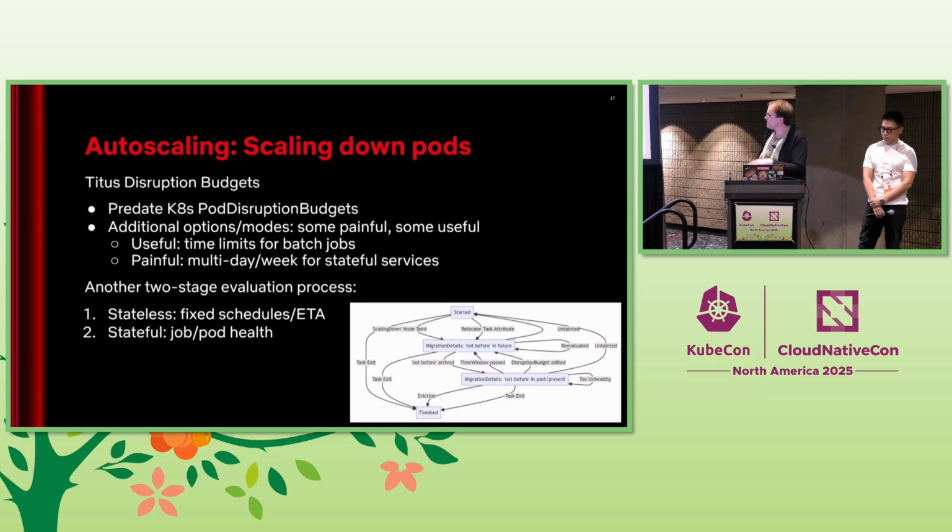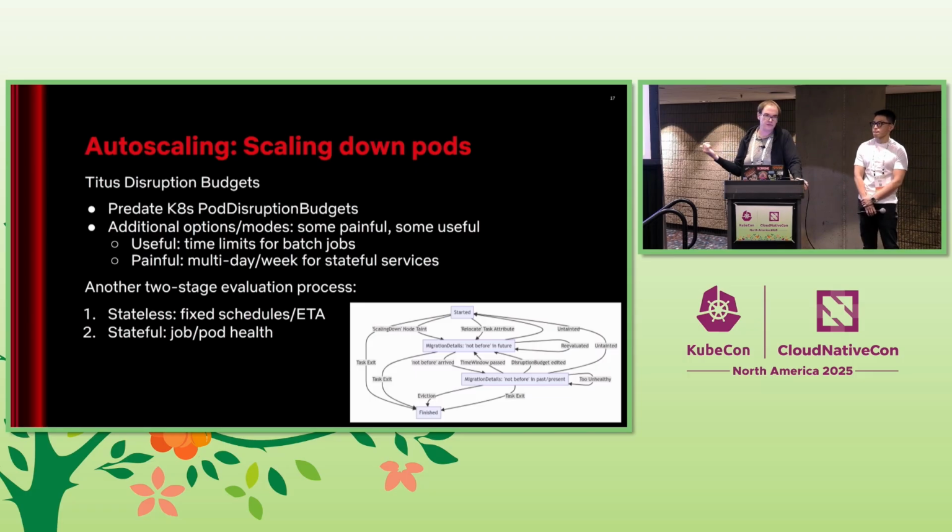The evaluation of this is kind of its own 2-stage process. The first thing we check is those sort of stateless things where it doesn't involve the job health. It's just like, oh, did they have a guaranteed uptime? Do they have a batch time limit? Does one of those say that we need to wait until sometime in the future? If that rule passes because they don't have one of those things, or that time is in the past, then